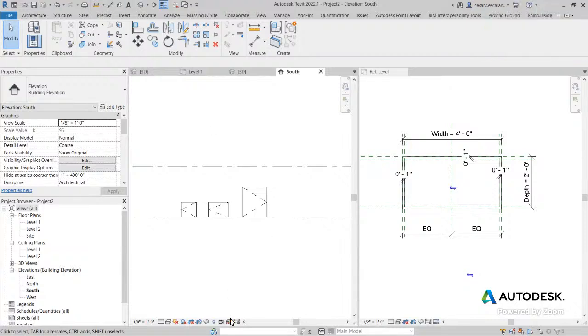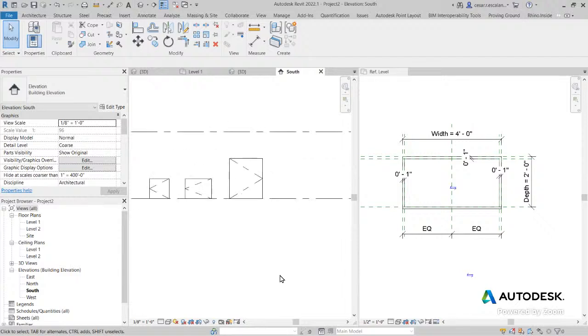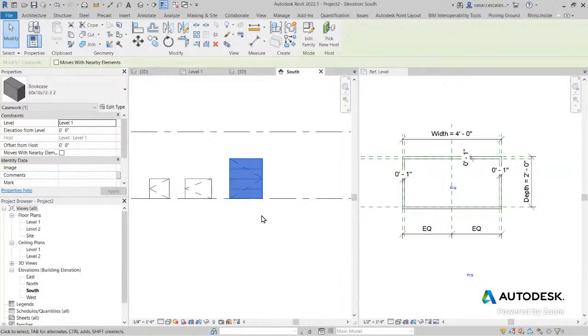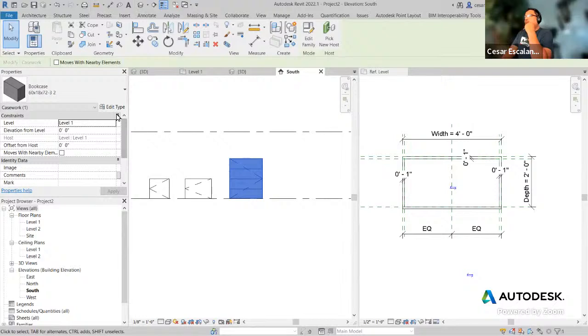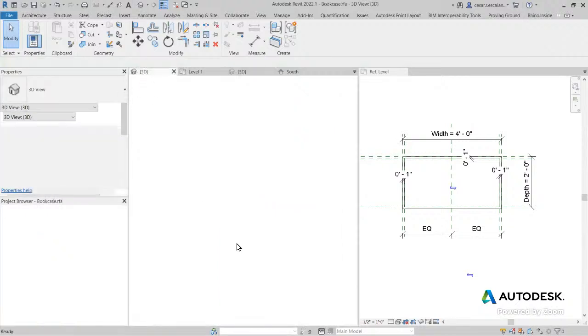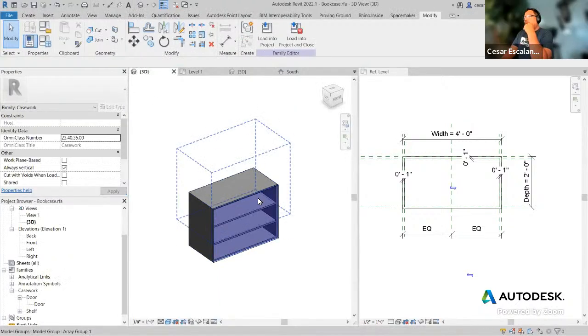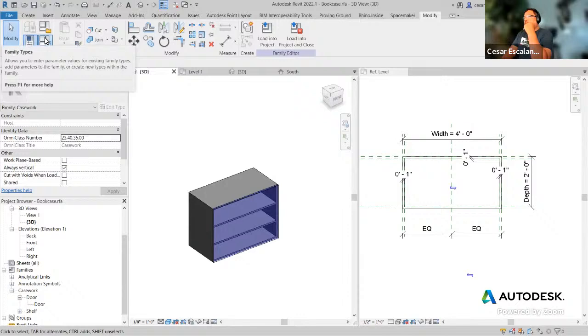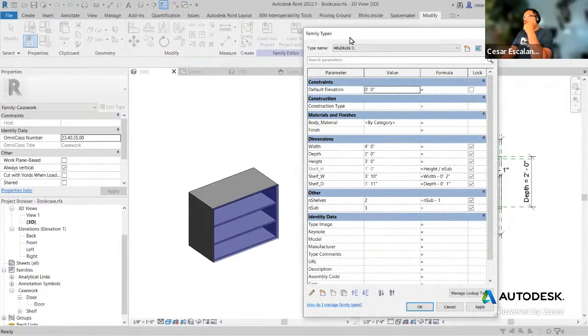Could you just, one quick question? The family type names. How did you save that? It doesn't hold for me. Like when you create the 4 foot wide versus 3 foot wide. To create new types in the family? Yeah. All right, so I am here in the family. Go to the family types. And then